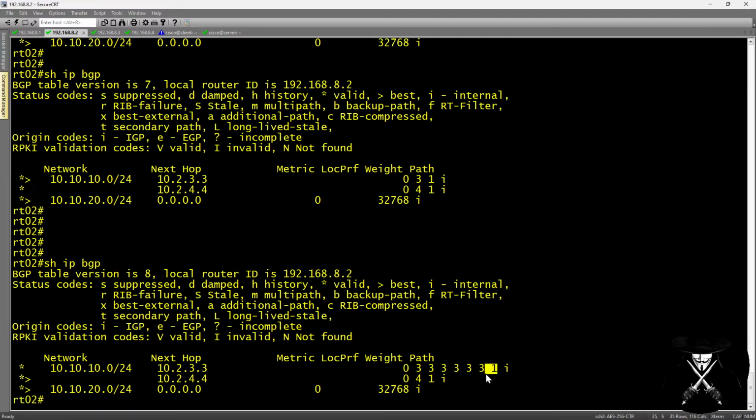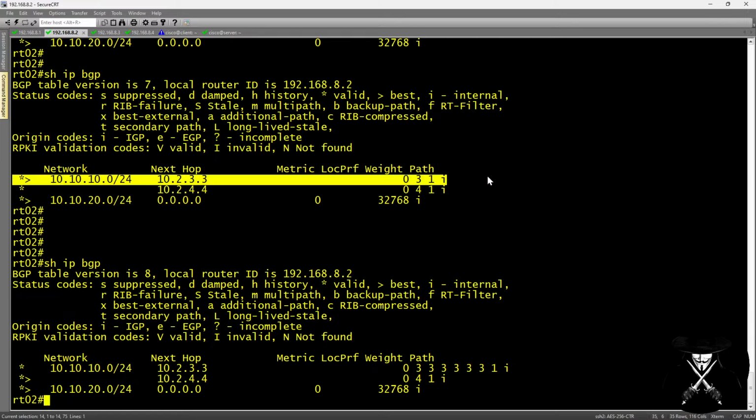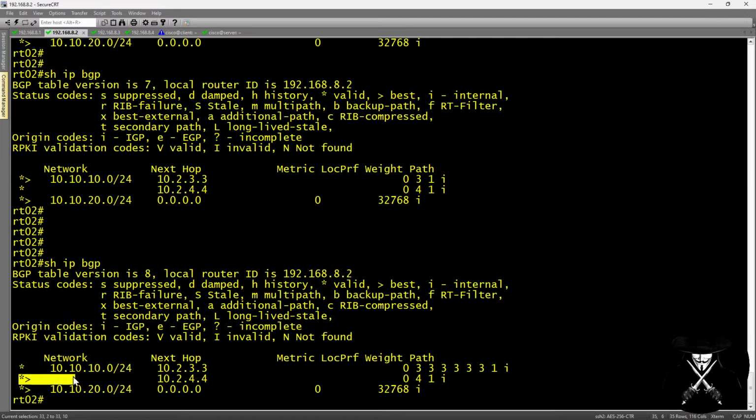So we have the 1. Remember, we start all the way to the right. We can see that this route started in ASN number 1, which is router 1. And as we go through this ASN pathway, it gets prepended 6 times from router 3, which is what we configured it to do, before it landed in our network. So we swung our traffic from this preferred pathway through router 3 over to the other preferred pathway, which